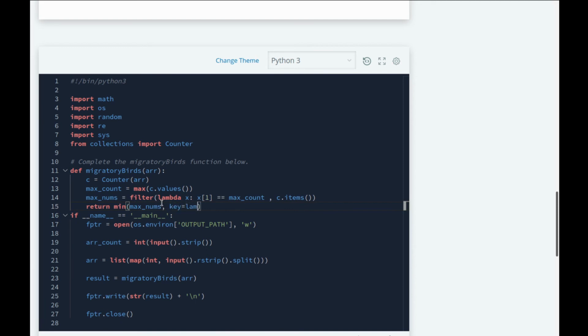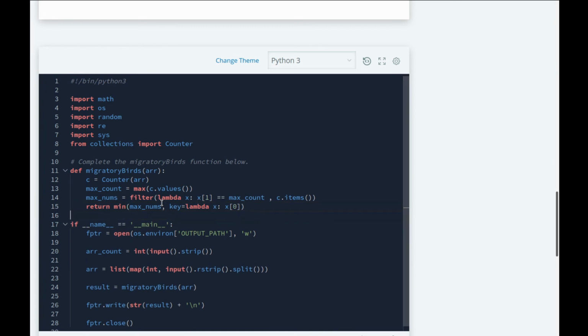So we have to pass it a lambda for it to understand which value it has to look at, because max_nums is key value pairs. So we have to say x[0], because we look at the key, the elements, not the count. Alright, and now this will give us an error. So first let's just print it. It won't give us an error, it will give us the wrong answer, sorry.